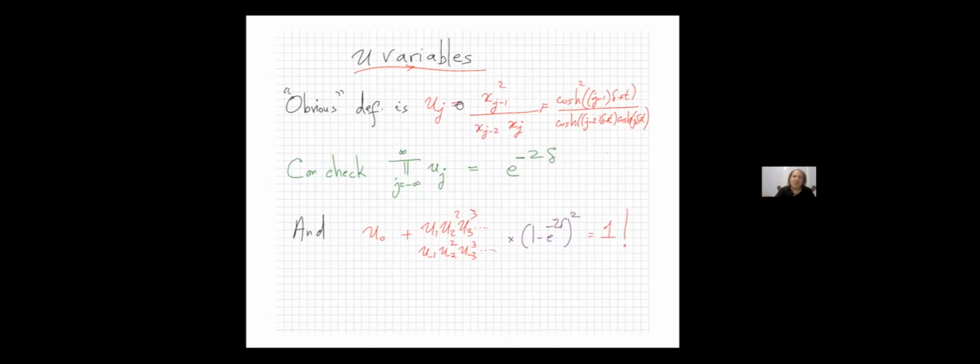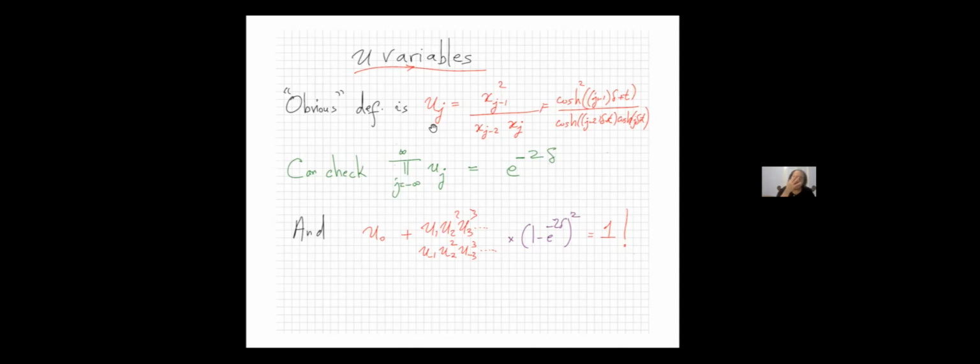But this A11 example is so simple that there's essentially only one reasonable way of defining the U's, and this is it. The U's are defined as this ratio: xj squared over the xj's of the guys separated by 2, and the one in the middle is squared. It's totally conventional why I chose to put the j here rather than somewhere else, but that's the way I chose to do it. And so these UJs are explicitly given by this cosh squared over cosh type expression. And so those are the UJs.